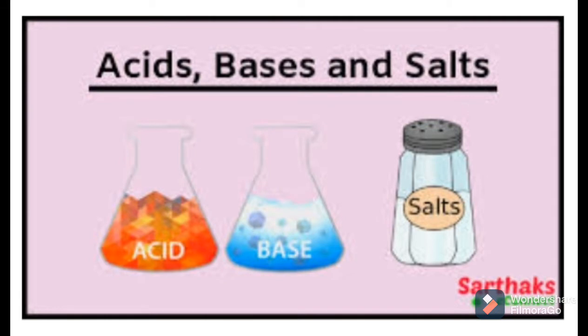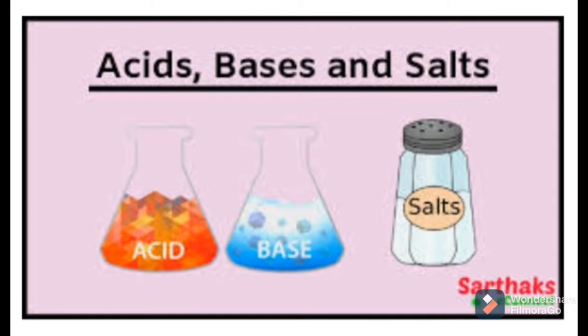So students, we have studied about types of acids, types of bases and types of salts, and also we have discussed many examples. So tell me, what are the types of acids? Yes, organic acids and inorganic or mineral acids are the types of acids. Then bases are of two types, organic bases and inorganic bases, and salts are of three types: acidic salt, basic salt and neutral salt. All these points we have discussed in my previous video lecture.